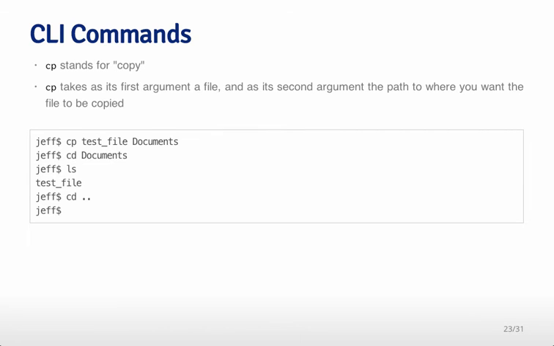CP stands for copy. So suppose you want to take a file and copy it into another file. What you do is pass copy two arguments. First is the file that you want to copy, and then the place that you want it to be copied to. So for example, if I type CP and then the test file that I've created, and then a directory, documents,